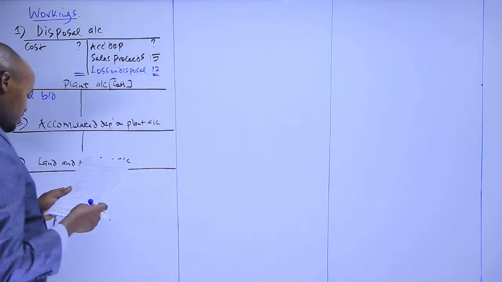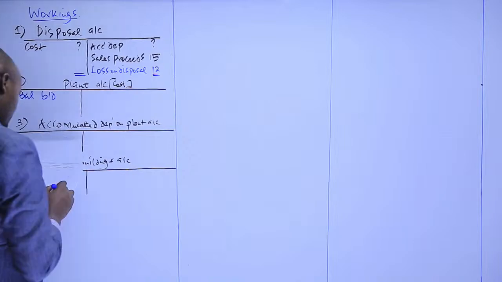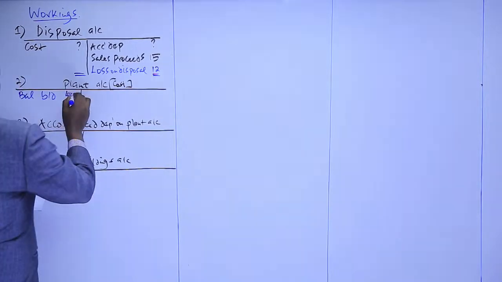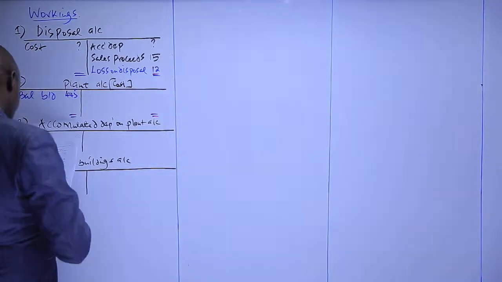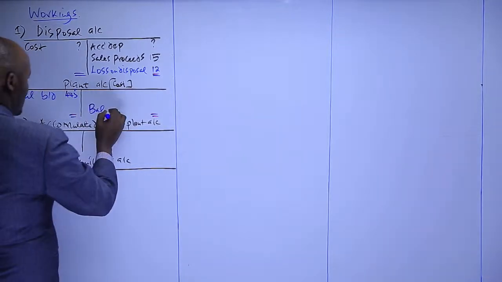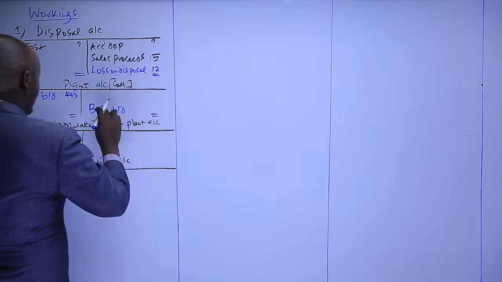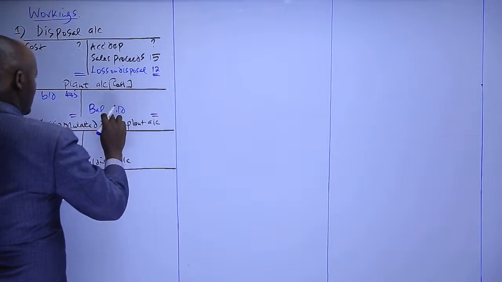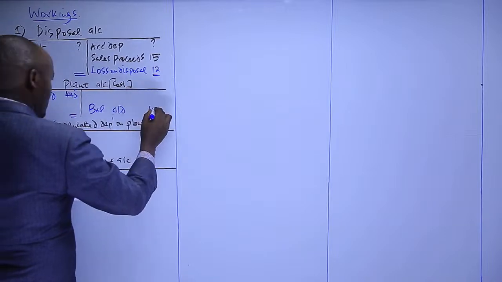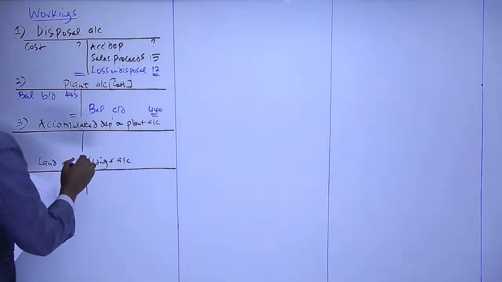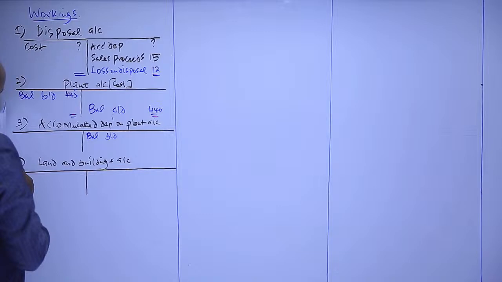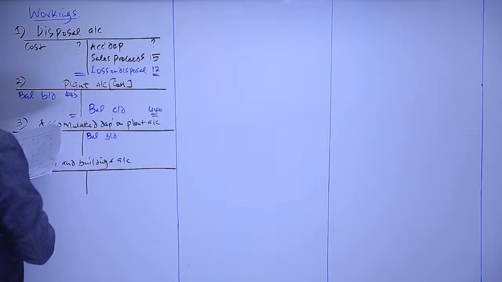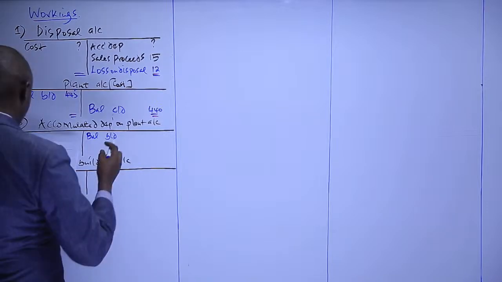So the cost or valuation of a plant at the start of the year is 445. What about at the end of the year? The end of the year is 440. That is balance carried down, which is 440. Then we record the accumulated depreciation both at the start and at the end. Now the accumulated depreciation accounts do have a credit balance because this is a provision account. So what is the accumulated depreciation on plant at the start of the year?